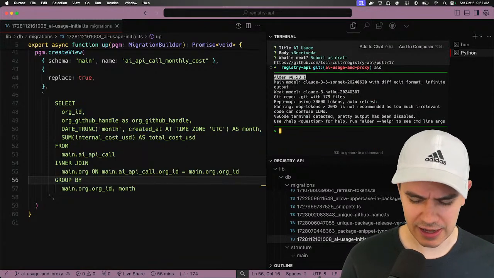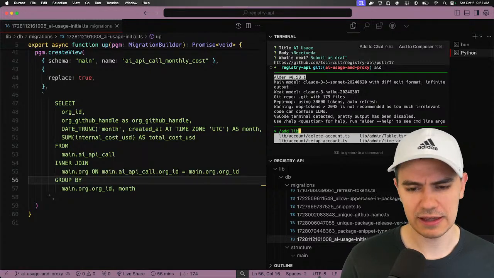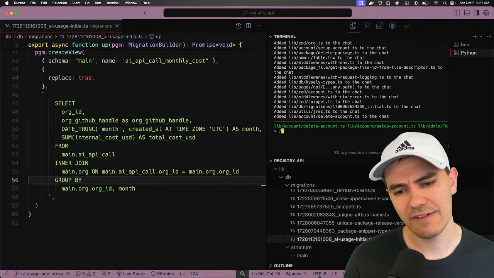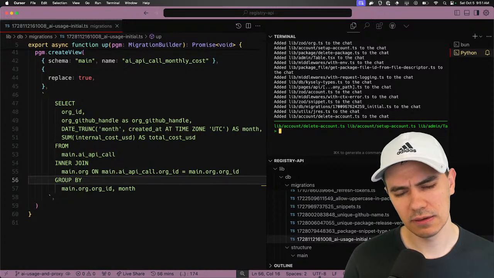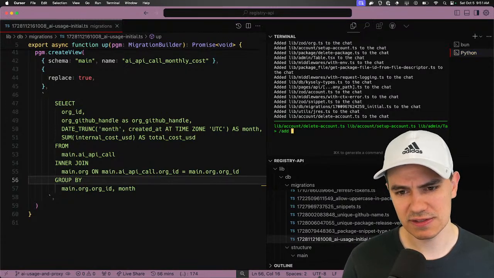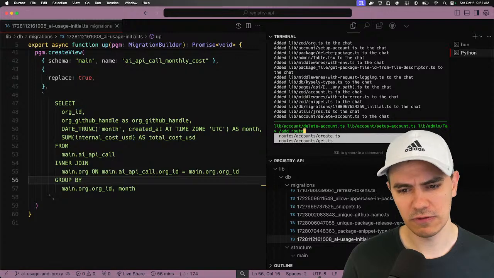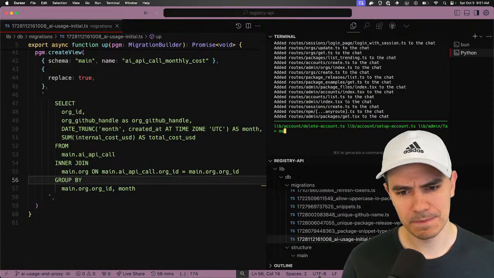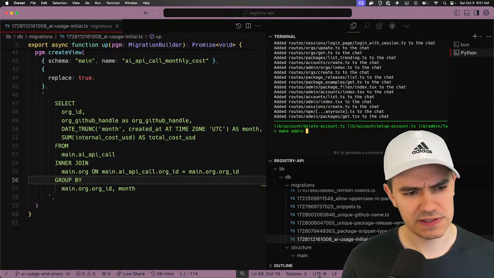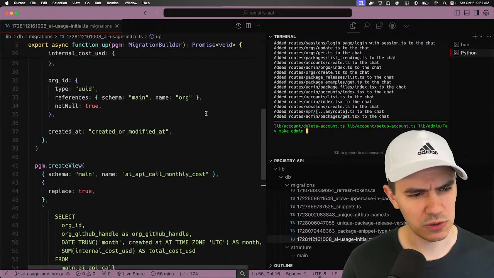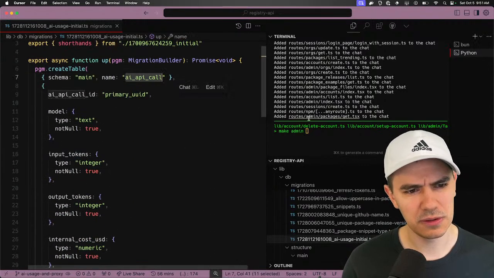Let's boot up our AI here. I'm going to have it make some admin pages for seeing the monthly usage. So let's see, what's this called?